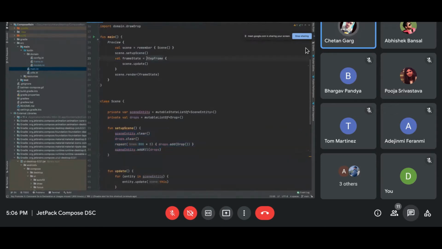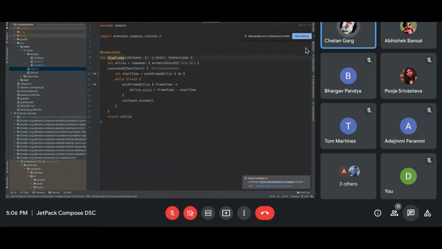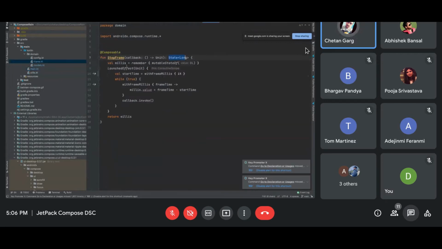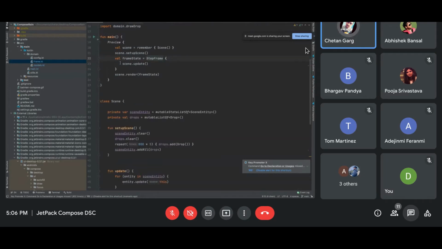Then I take that lambda. This lambda is the same stepping composable. This stepping composable returns a state. You can see the signature, it is returning a state. This state is exactly the same state, the milli state, the frame time that has passed. And then I'm calling scenario.render and passing that state.